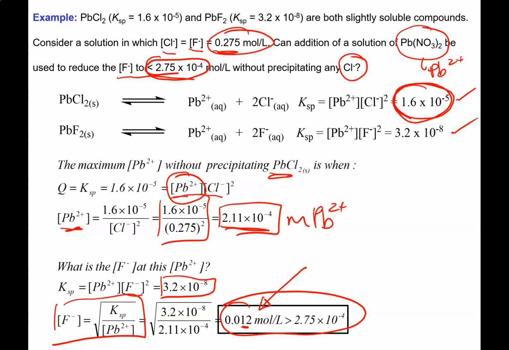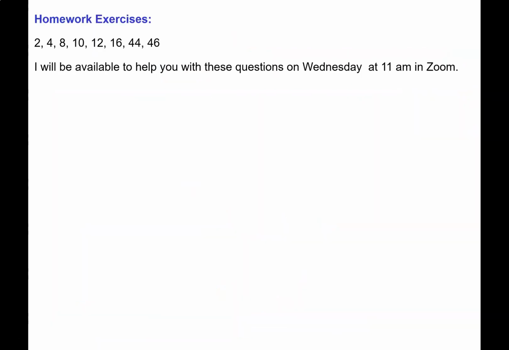I mean, I've got rid of a lot of the fluoride at that point, but I haven't dropped it down to the desired amount. So all of these kinds of problems with selective precipitation are done in a similar manner. Begin by doing the math for the more soluble compound and calculate the maximum concentration that can be tolerated without precipitating that more soluble compound, and then feed that information into the part of the problem dealing with the less soluble compound. You always know which one's more soluble and which one's less soluble by looking at the Ksps. Okay, so